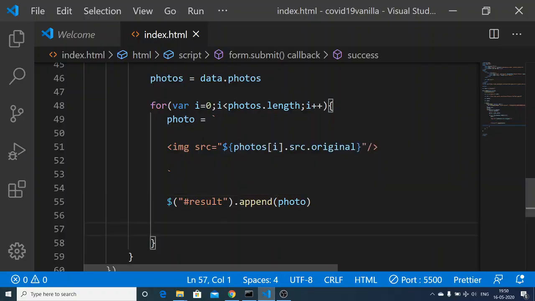So what we can do here is that in order to quickly load these images, we can provide the width and the height to the image. So width we can provide as 200, and the height also 200.